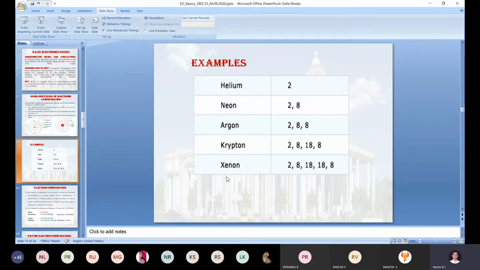Now we will see what rules we have to follow for writing the electronic configuration for atoms. Let us take the first orbit: how many subshells does it have? The second orbit, the third orbit, and the fourth orbit, how many subshells? Before showing that slide, will anyone tell me the number of shells present in the individual orbits, first, second, third, and fourth?